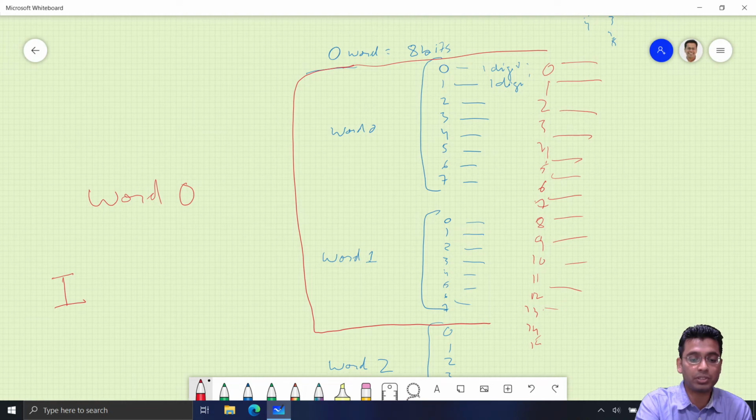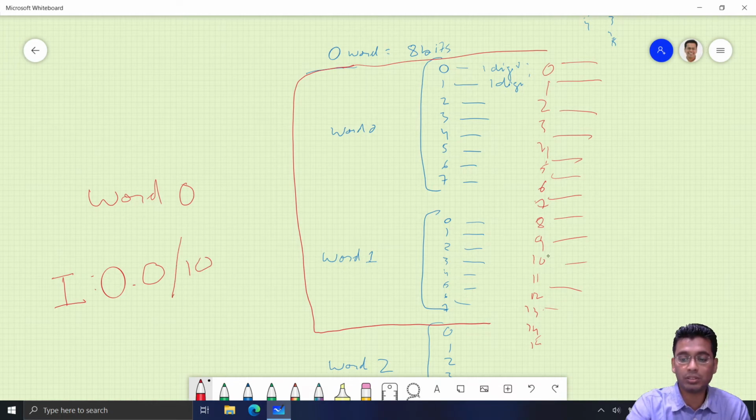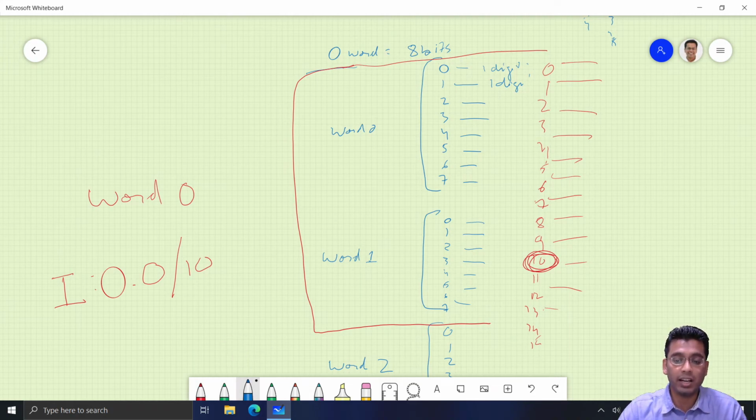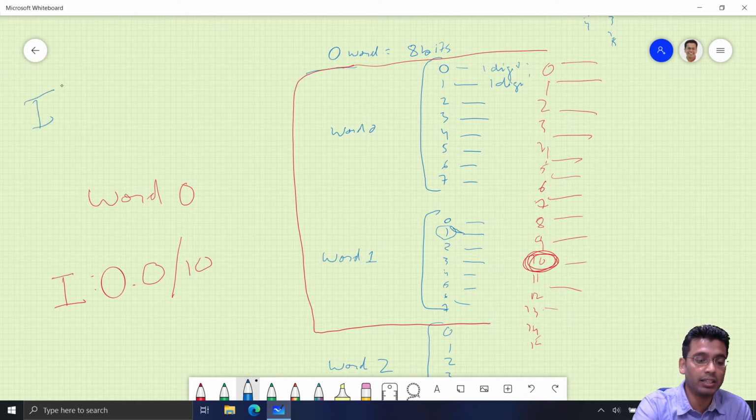Suppose it is a 16-bit system you are using, so you can write I colon 0 word point, slot 0, 0 slash 10, if you are trying to do this using a 16-bit PLC. Now say you had an 8-bit PLC and again a 10 digital output connection. Then 8 would come here, and 9 and 10 would fall in this category, isn't it? Then you would be writing I colon 0.1 slash 1.